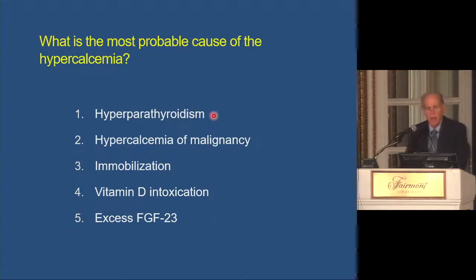So what is the probable cause of her hypercalcemia? Does she have hyperparathyroidism, either primary, secondary, or tertiary? Does she have hypercalcemia of malignancy, immobilization, vitamin D intoxication, or excess FGF23? Well, from the last lecture, you know she can't possibly have excess FGF23 since it's a phosphaturic hormone, doesn't